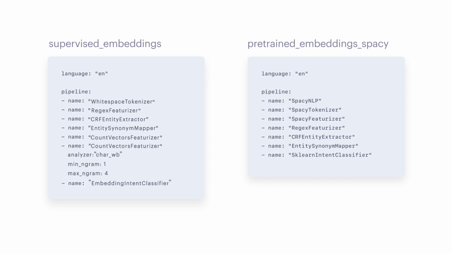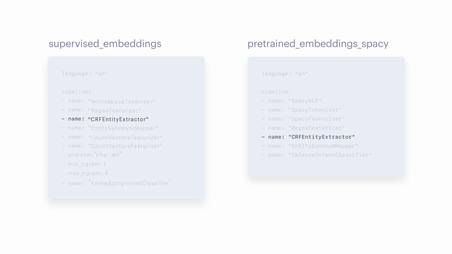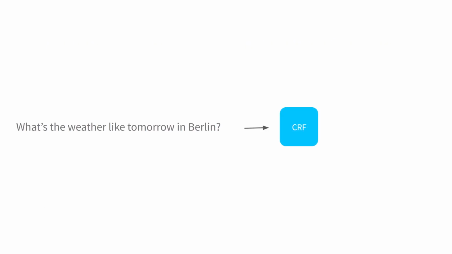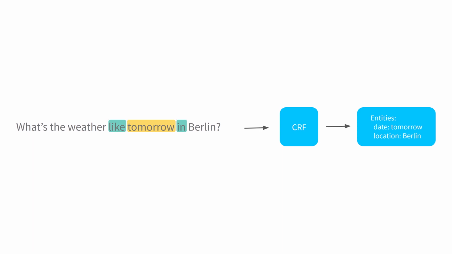The most robust is a component called CRF Entity Extractor, which defines a model called conditional random field, which learns to identify which words in a sentence are entities and what kind of entities they are by observing the sequences of tokens. It picks a target word and looks at the surrounding words. It extracts text features from all of these words and, alongside provided labels, learns to identify entities in unseen user